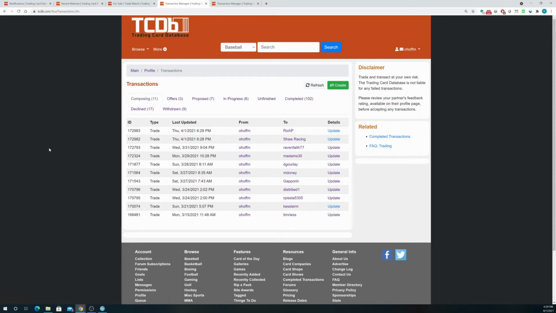Okay, so that is pretty much it on how to find a trade partner. Three different ways. One, they just come to you and ask you for a trade, and that's how it starts. You go into your notifications, and it says here's some people that might match. Or you could go into trade matching, which we can go over too. Or